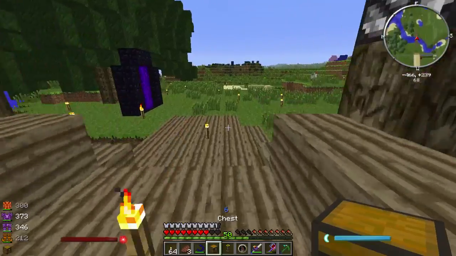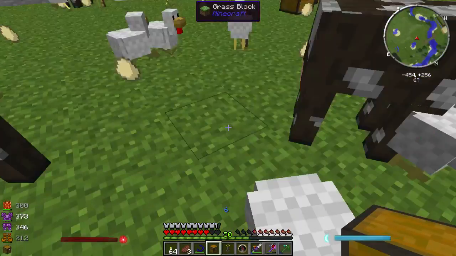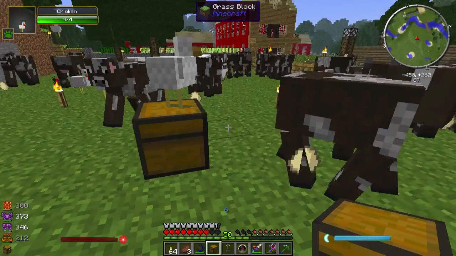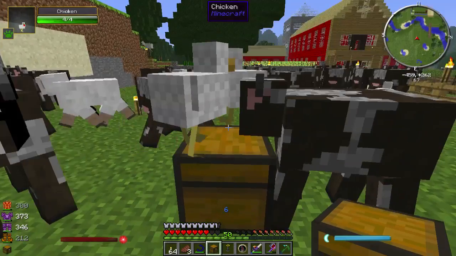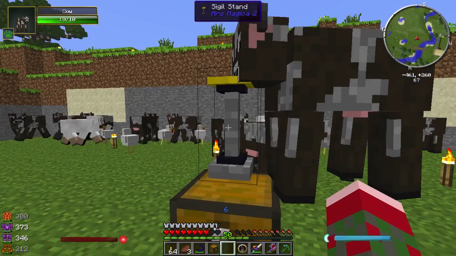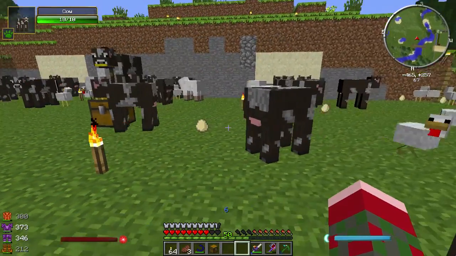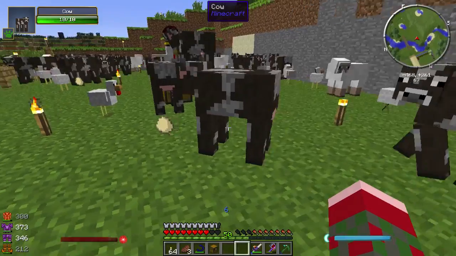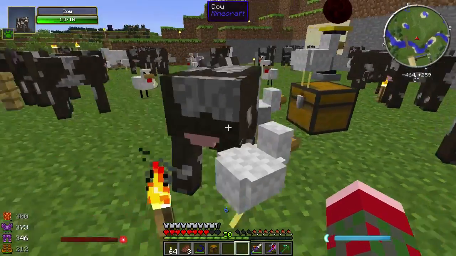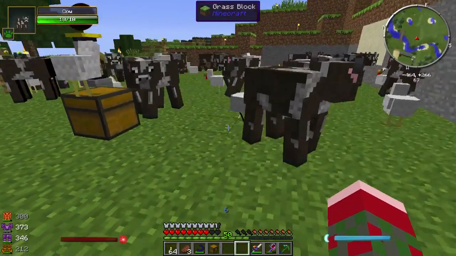So this should not be too difficult to test. I've been doing quite a bit of breeding around here. Not that I need much of this for food, actually. Going into some of the ages, I found quite a bit of chickens and cows. Oh, I have a chest here already. Okay, so my understanding is that if you put a sigil stand on top of the chest, and then put the sigil on top of that, it should, in theory, work. Come on. Okay, so what it's supposed to do is kill...